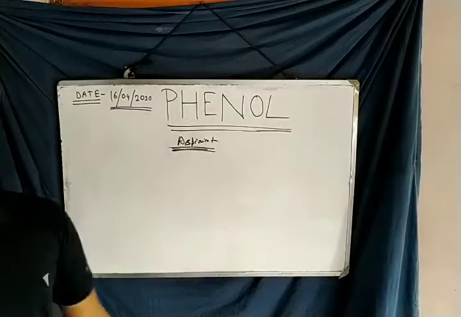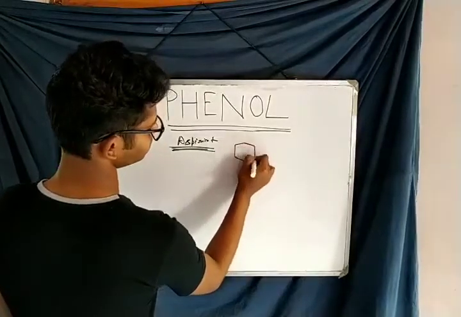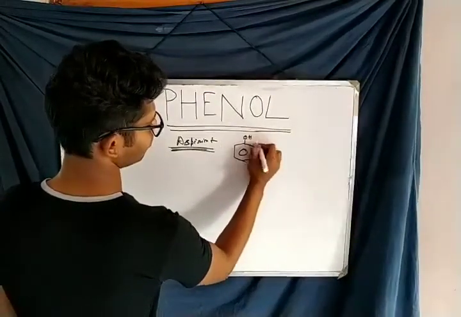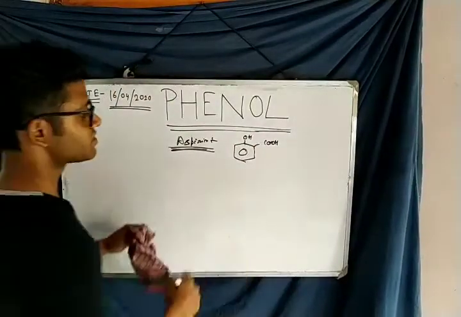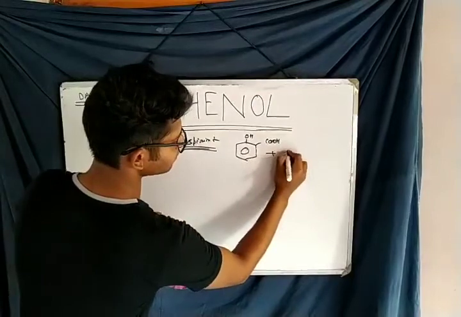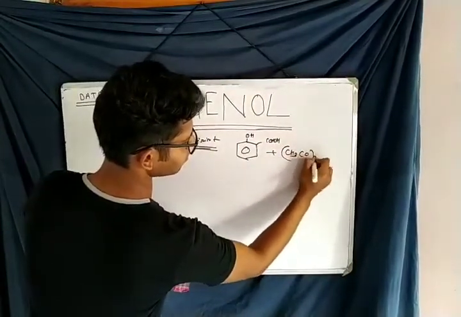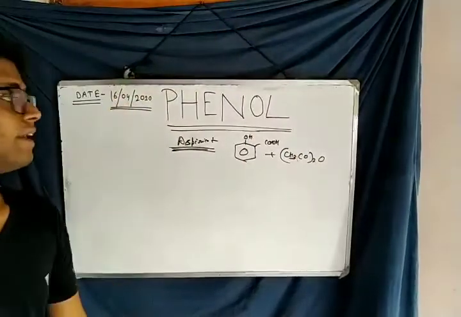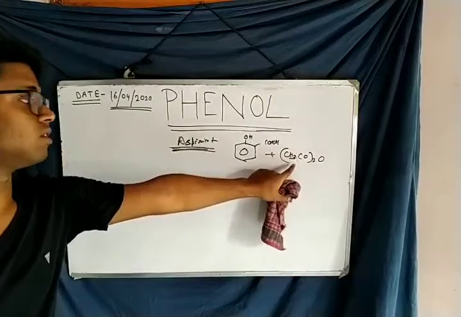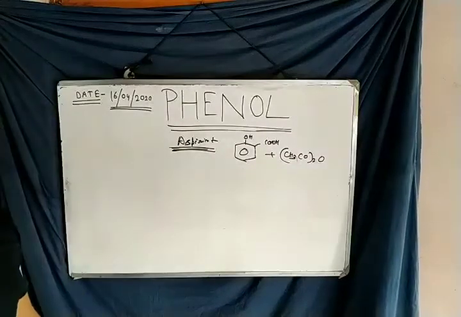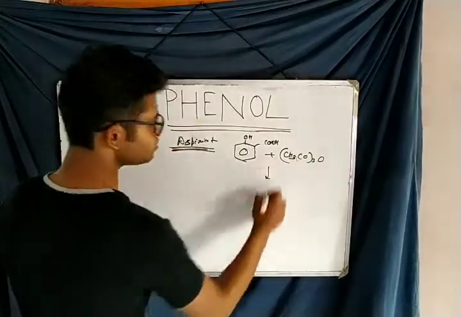So how do we prepare aspirin from salicylic acid? We know the structure of salicylic acid: OH and COOH. If salicylic acid is treated with (CH3CO)2O, an acid anhydride, remember it, we have discussed this reaction in the phase of acylation. So when the acid anhydride is treated with H2SO4